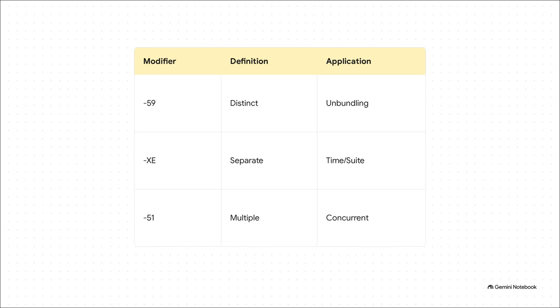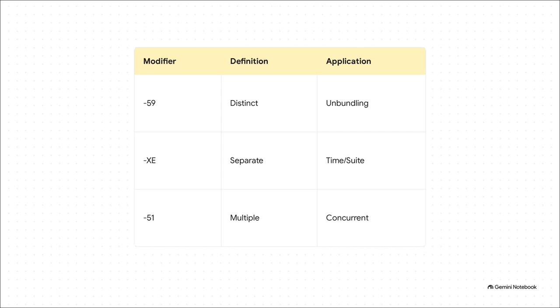XE is for a completely separate encounter or suite, while XS is used for procedures on separate organ structures. And finally, you have modifier 51, which is strictly reserved for multiple, concurrent major procedures happening in the exact same session. Like if a surgeon is performing a radical mastectomy and an autologous flap reconstruction on the same side at